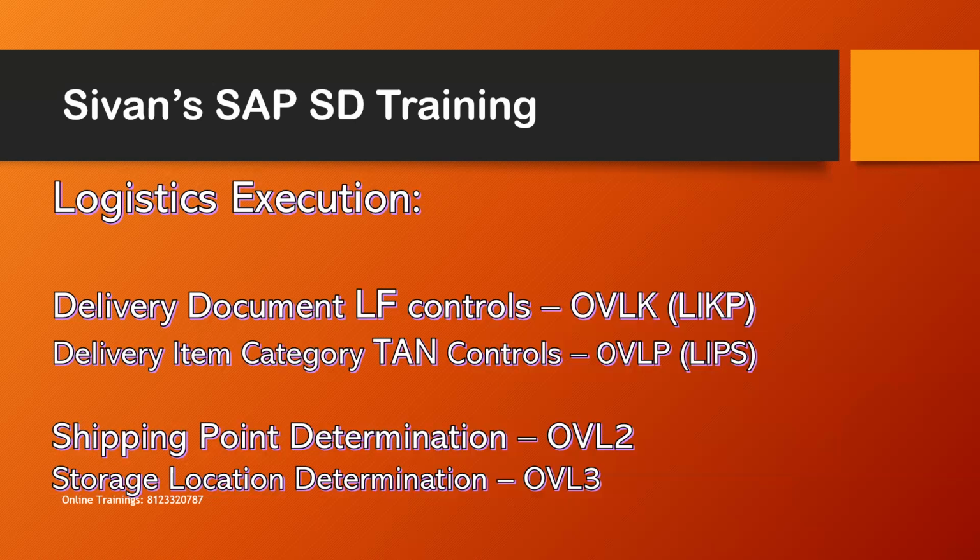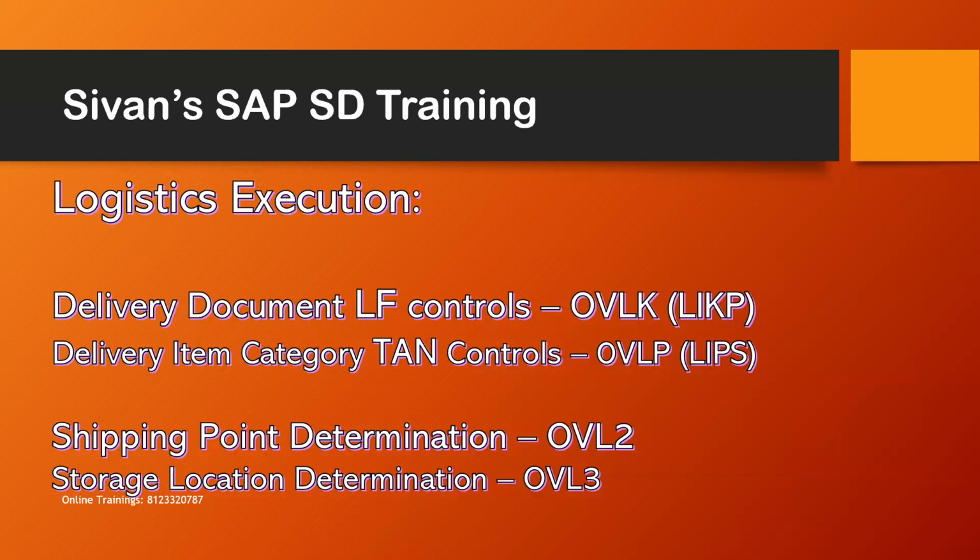The delivery document can be seen using the transaction code OVLK, and the delivery document header related information can be seen using the table LIKP. In the similar way, delivery item category can be directly seen using the transaction code OVLP, and the table we can see is LIPS. We are also going to see how the interview questions will be on, like how the shipping